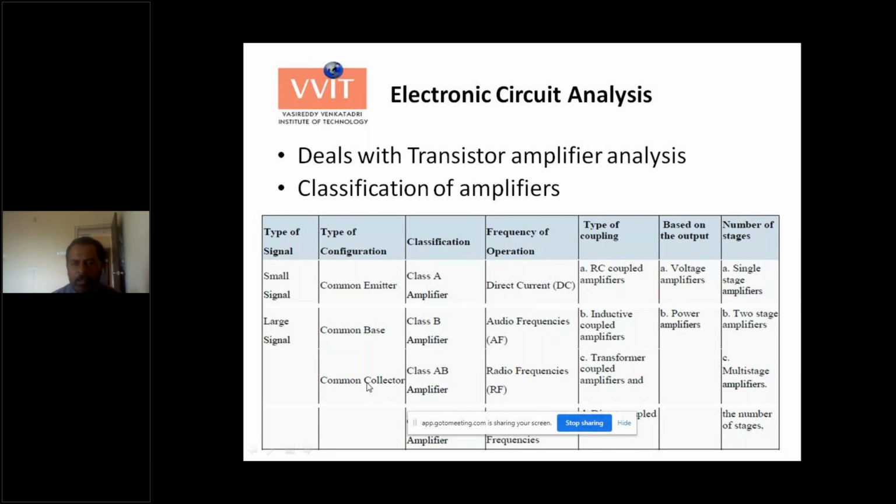Now, based on output, of course, this is already done. We call amplifiers voltage amplifiers and power amplifiers. And based on the number of stages, there are single stage amplifiers and multi-stage amplifiers. Of course, you can have other types of classifications also based on feedback. You can have positive feedback as well as